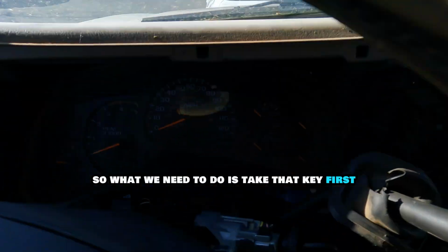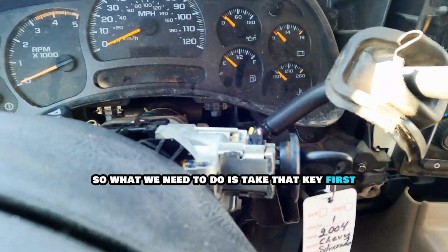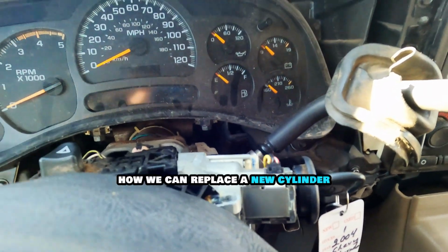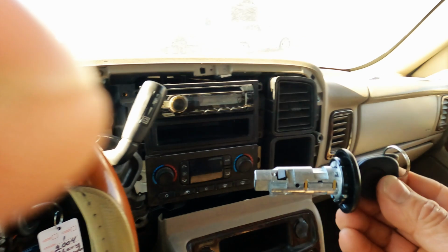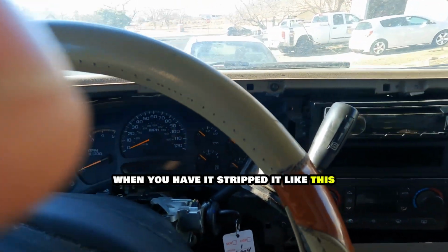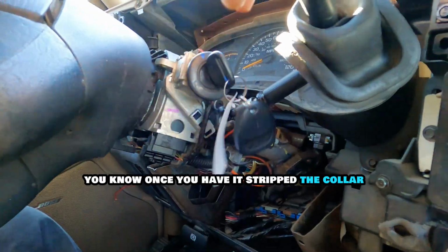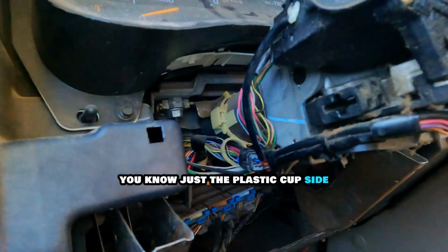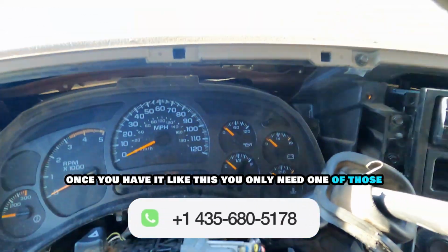So what we need to do is take that key first, and that's what we're going to show you, how we can replace a new cylinder. Let's get to work. A new cylinder, okay? Once you have it stripped like this, the column, just the plastic upside, you only need